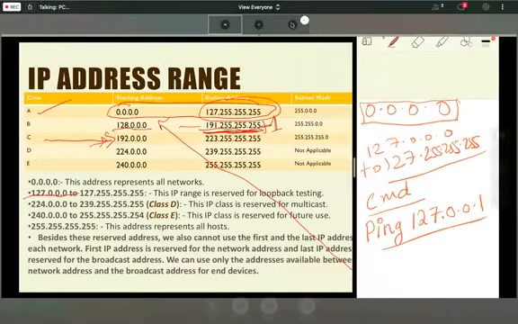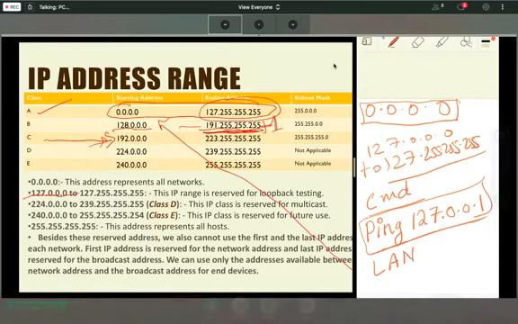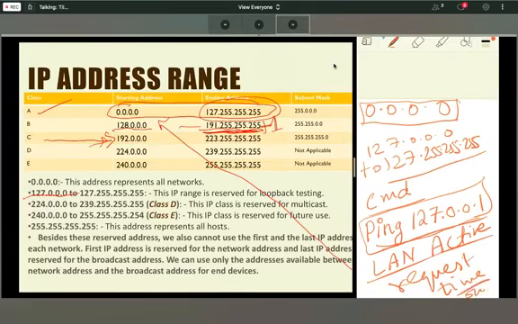When you ping 127.0.0.1, it is telling you that your LAN card is active. It is the way to check the LAN card. If your LAN card is active, you can connect your system with the internet. If your LAN card is not active and you ping 127.0.0.1, it will not give you a reply. It will show destination unreachable, or some other kind of error, or it will show request timeout.